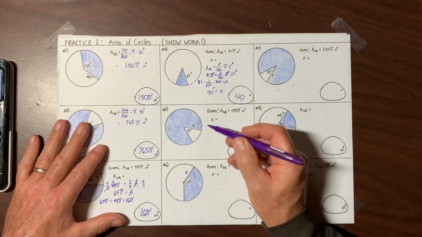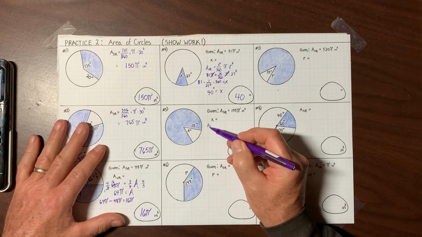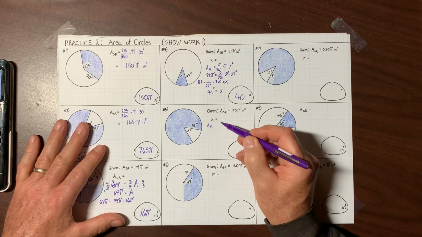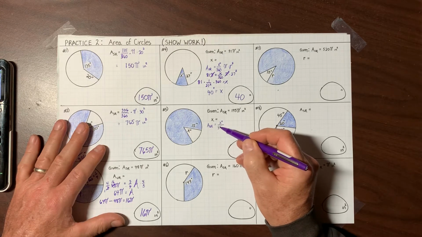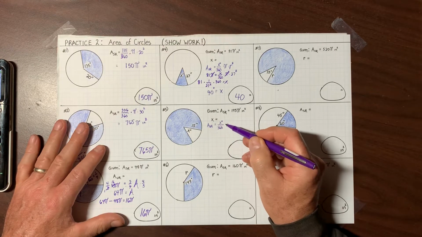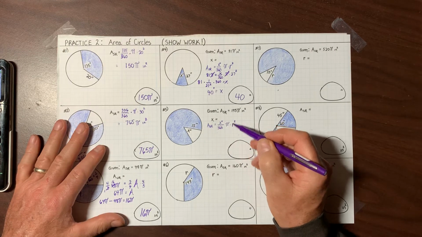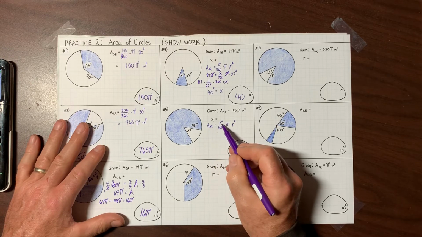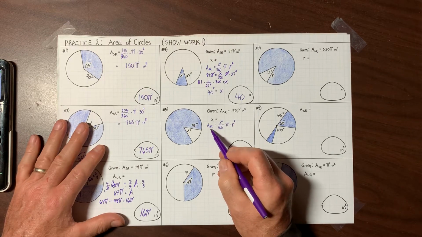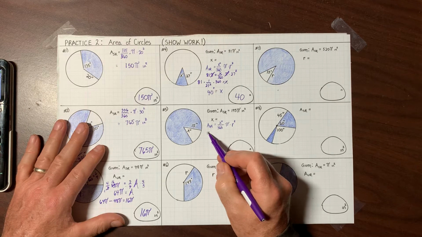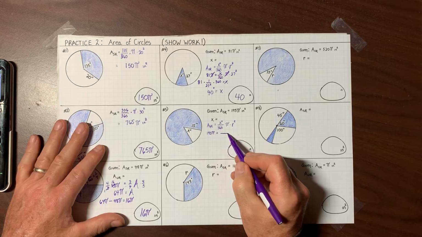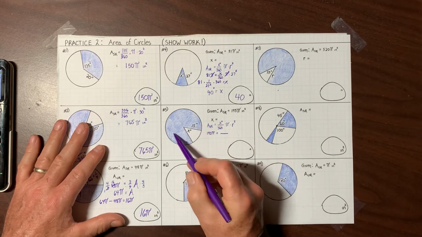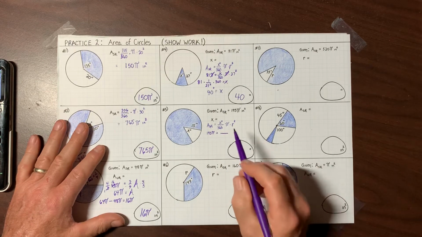So I'm going to write down my formula again. The area of the shaded region would equal the degree measure of the sector divided by 360 times pi times the radius squared. Now, this degree measure that you put on top here has to correspond to the shaded region. Now, the shaded region is 195 pi. This shaded region has a degree measure that will be equal to